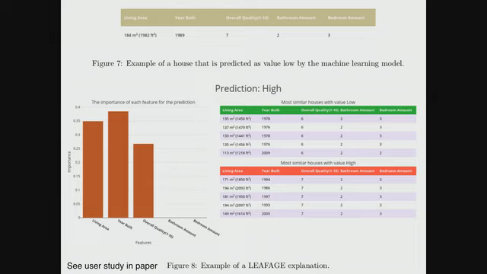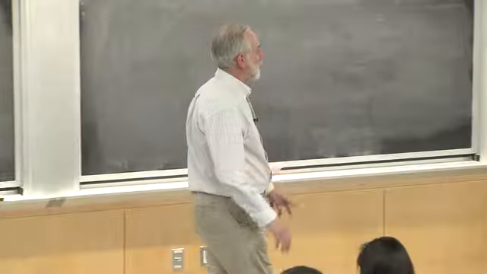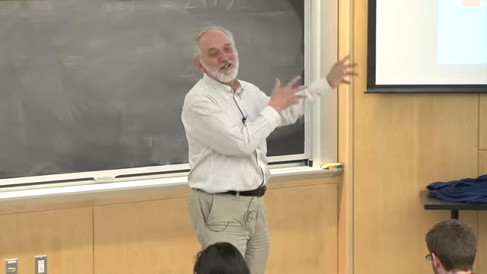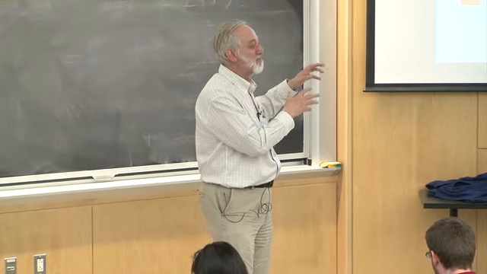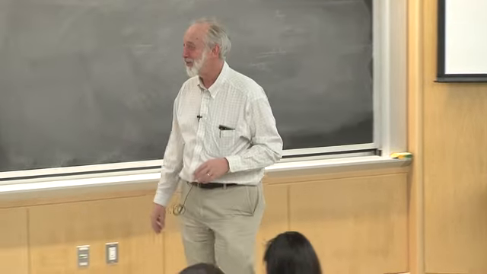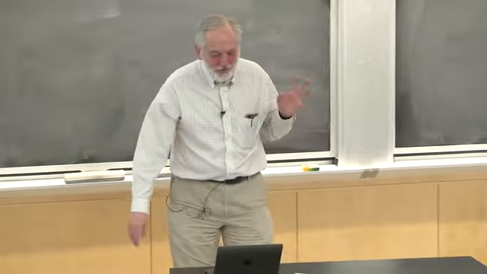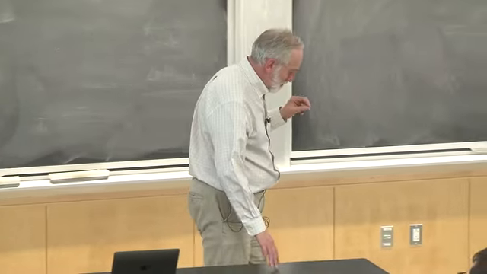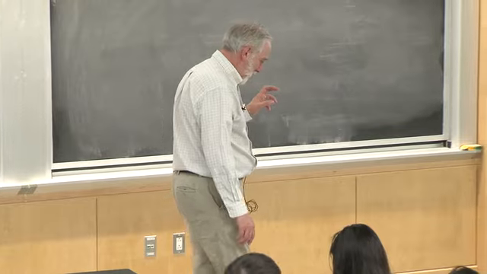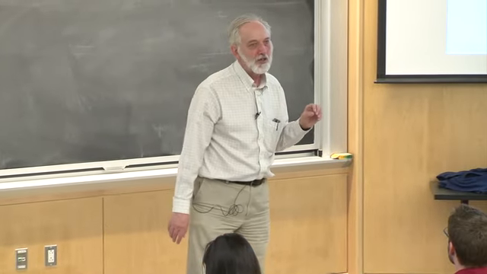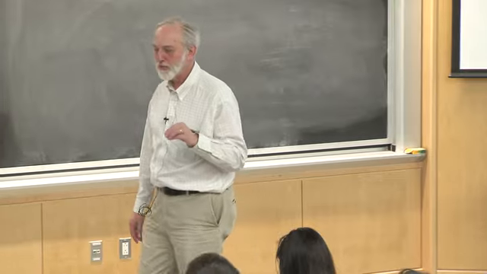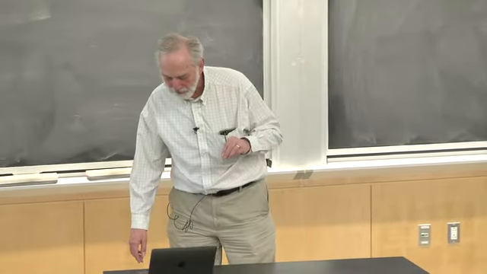So what they show is that you can find examples that are the allies and the enemies of this house in order to do the prediction. So then they apply their algorithm and it works. It gives you better answers. I'll have to go find that slide somewhere. All right, so that's all I'm going to say about this idea of using simplified models in the local neighborhood of individual cases in order to explain something.